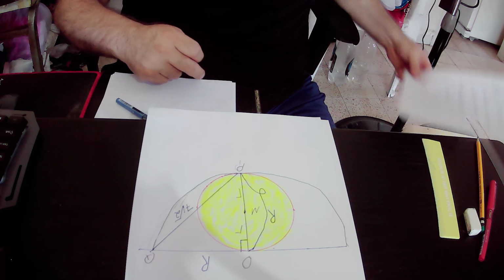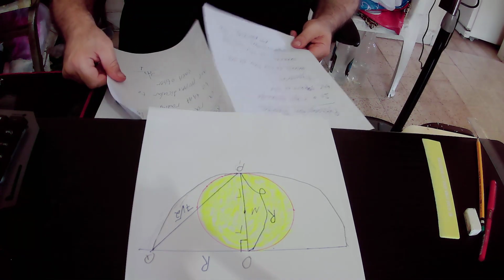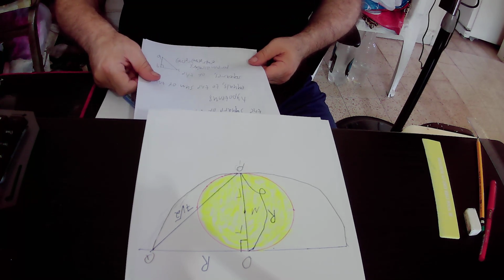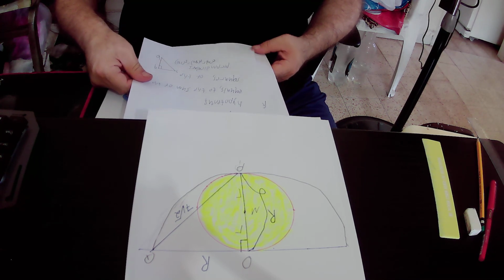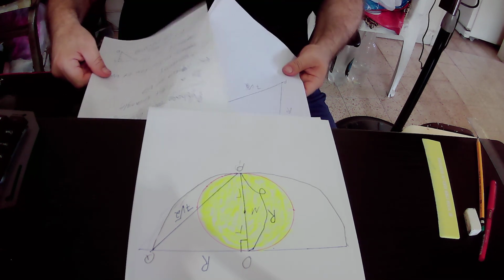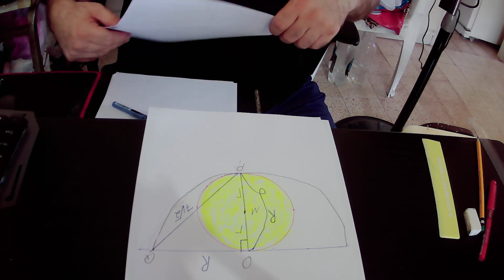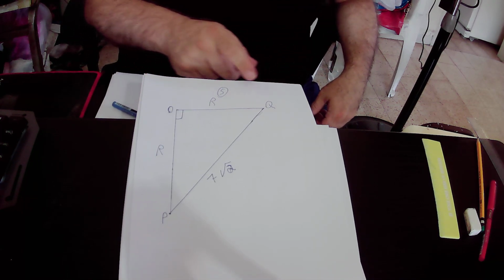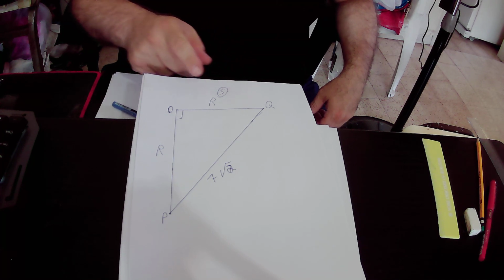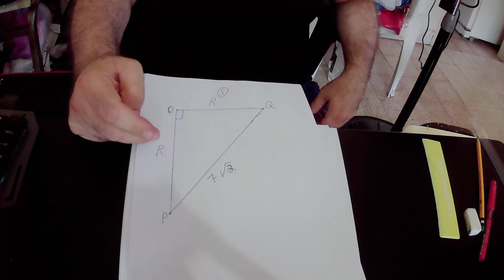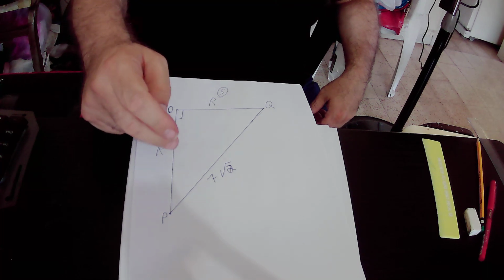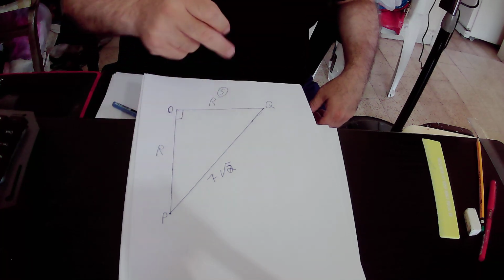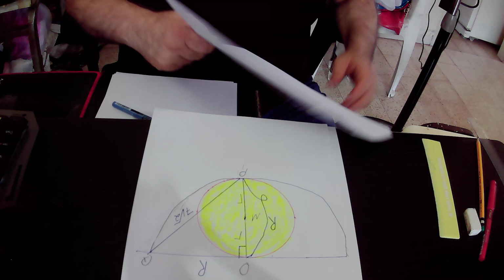So we will draw again the right triangle POQ, and side OQ of the right triangle POQ equals capital R, side PO equals capital R also, and the size of the hypotenuse in the right triangle POQ equals 7 times root 2. So actually we can